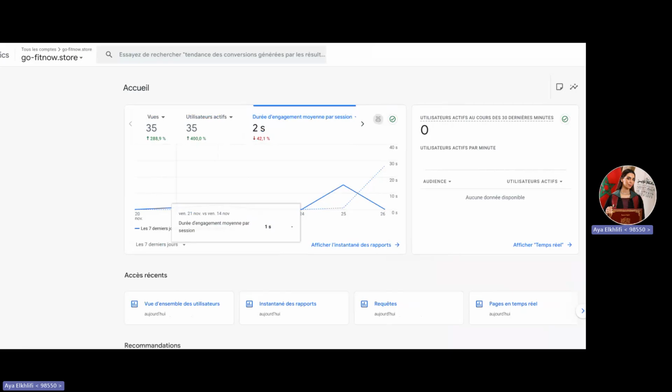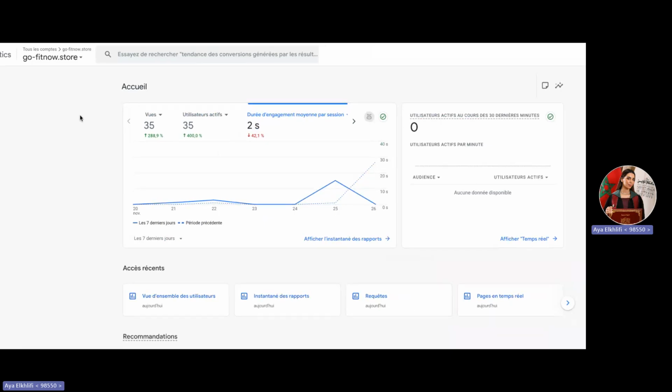So this is our Google Analytics homepage, which gives me an immediate overview of how my website has been performing over the last 7 days. But you can click on, for example, yesterday, last 30 days, and so on, depending on what you want. It highlights the most important metrics, which are the total views, total active users, and average engagement time.